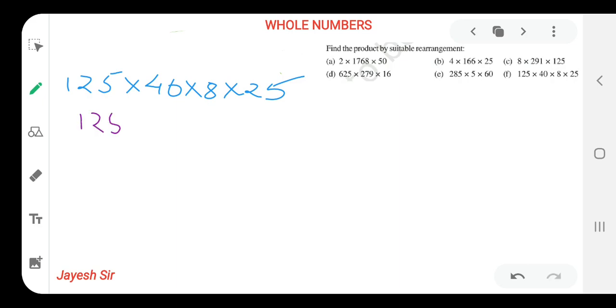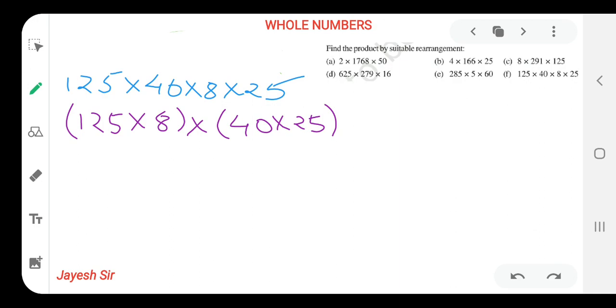So I am making the pair over here. 125 I will multiply with 8. Now 40 should be multiplied with 25. And we multiplied 25 with 4 in the second sum. You can see over there. Yes, friends, I have marked it in the question also. You can see that 25 should be multiplied with 4. That means two good pairs were there. That should be properly understood and always clicked in your mind so that you can solve it easily.